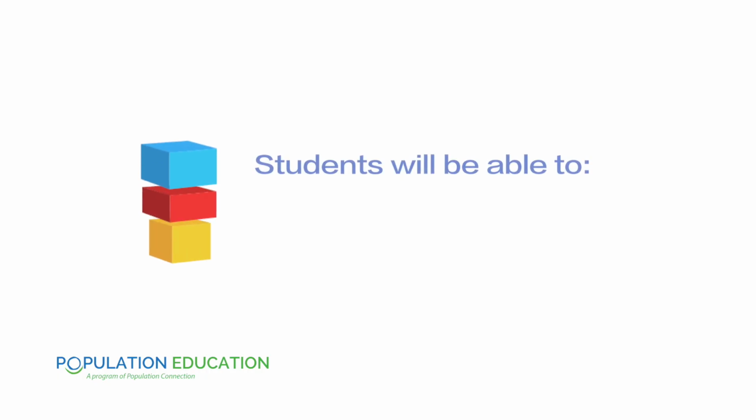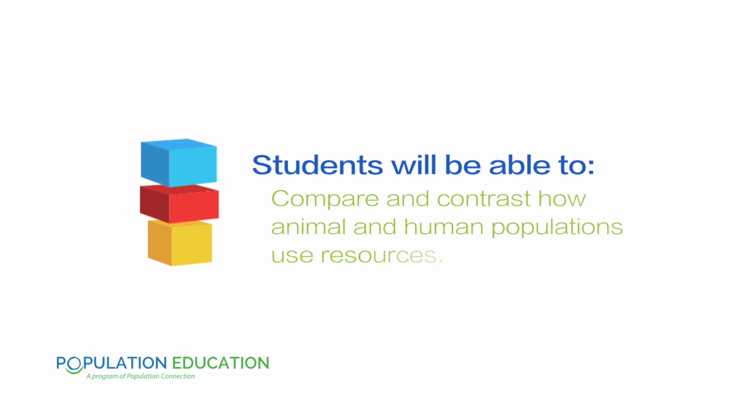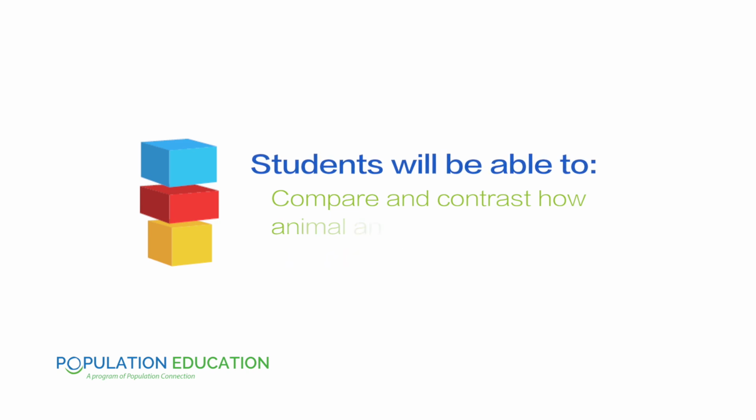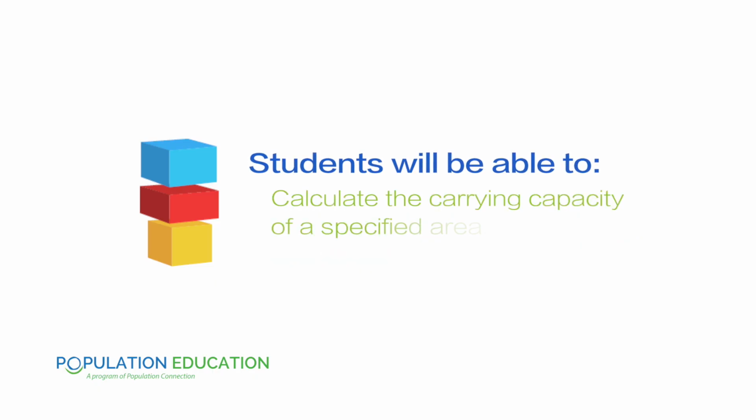At the end of the demonstration, I'll provide some tips for how to adapt this lesson for a high school audience too. By the end of this lesson, your students will be able to define carrying capacity and explain how it relates to an animal species, compare and contrast how animal and human populations use resources, examine how human actions can impact the carrying capacity of a habitat, and in the middle school version, they will calculate the carrying capacity